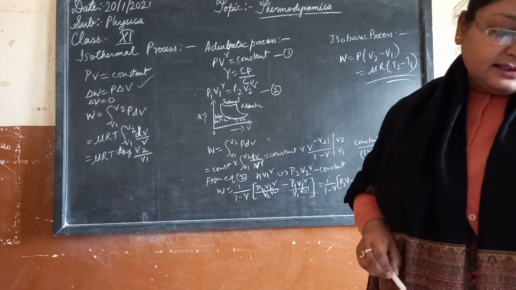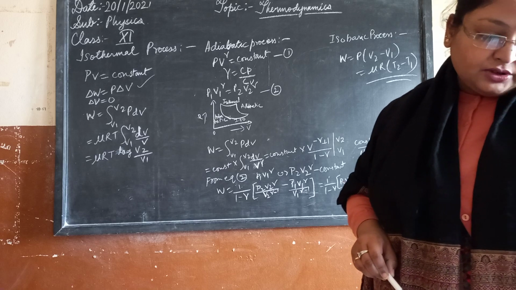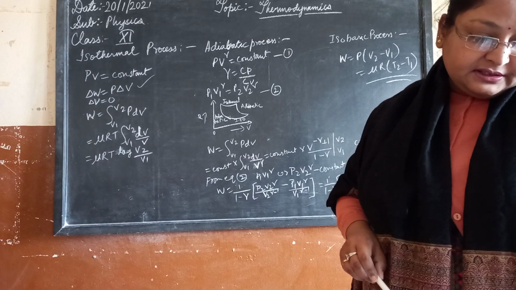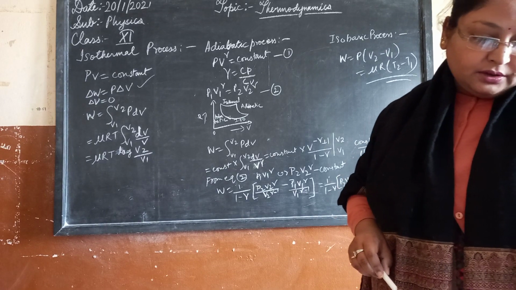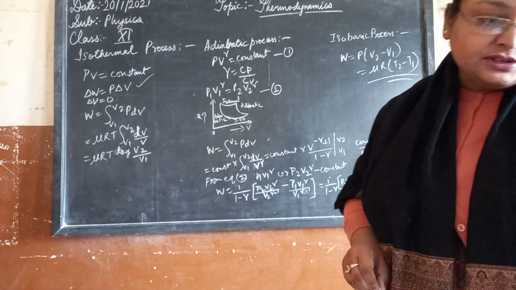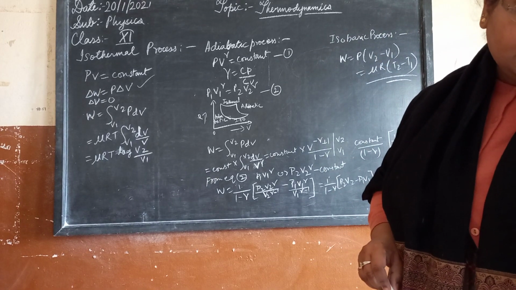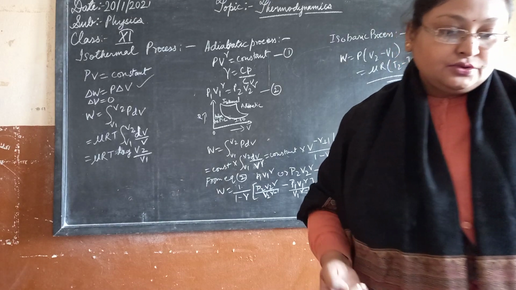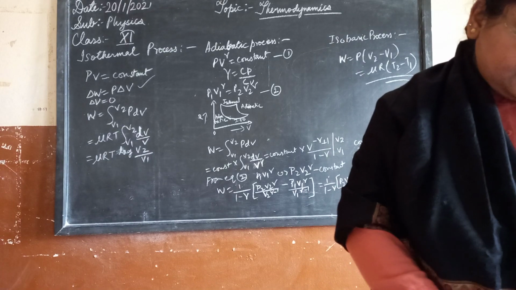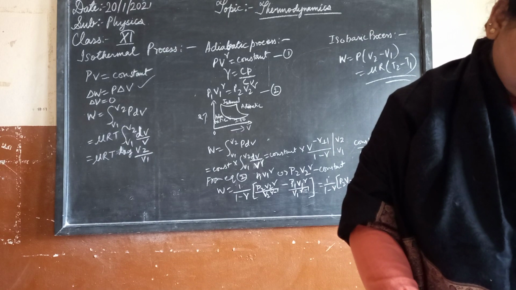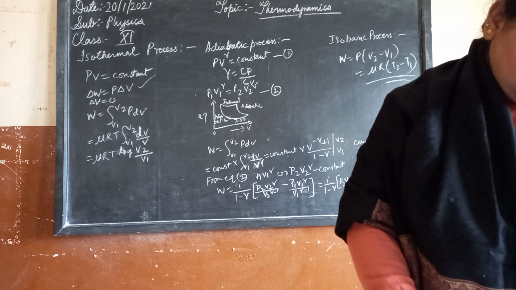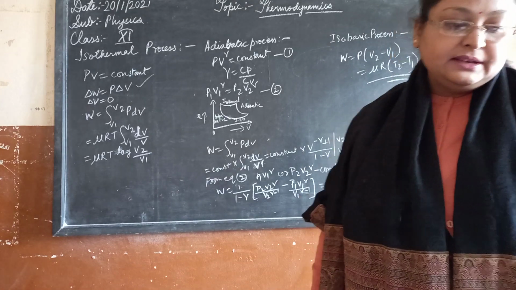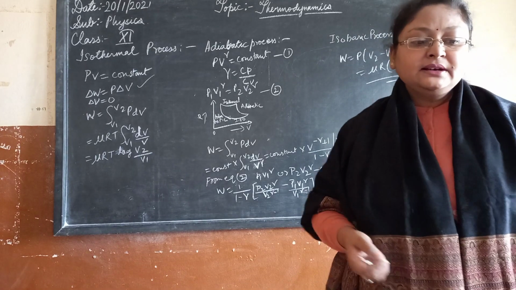Cyclic process: in a cyclic process the system returns to its initial state, and since internal energy is a state variable, delta U is equal to 0 for a cyclic process. From equation 12.1, the total heat absorbed equals the work done by the system itself. Equation 12.1 is delta Q equals delta U plus delta W. So the total heat absorbed equals the work done by the system.